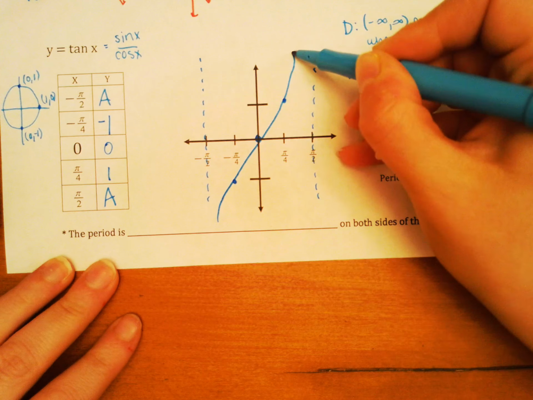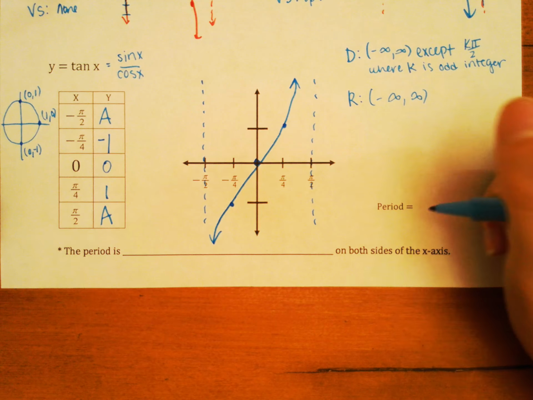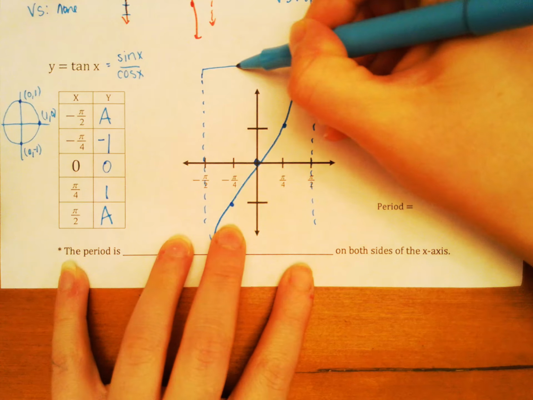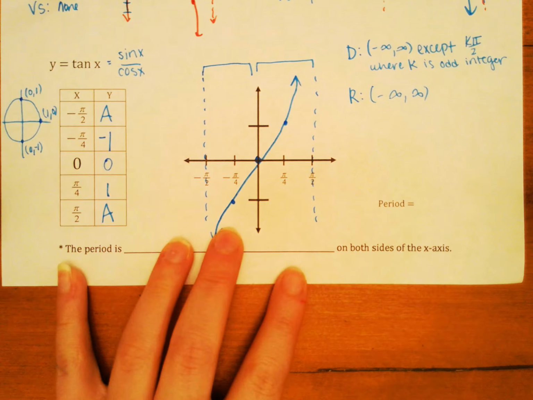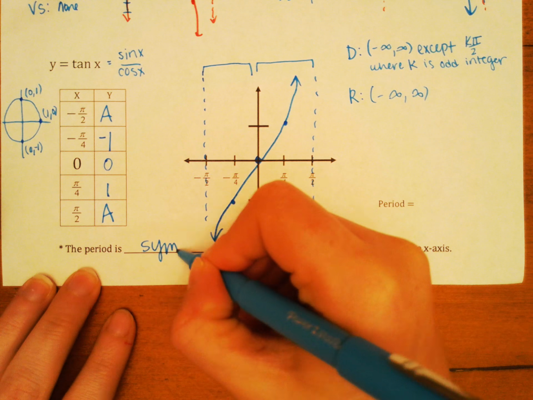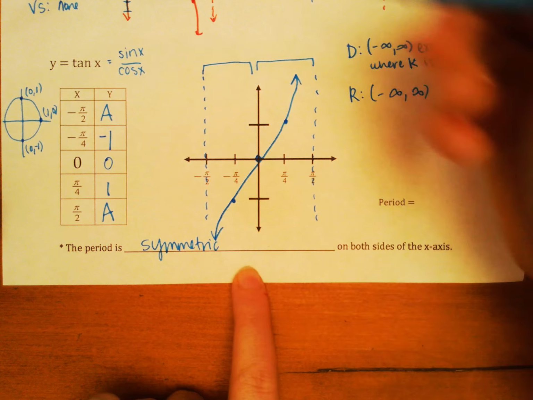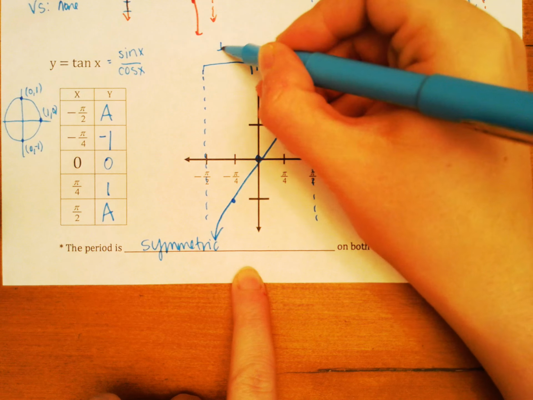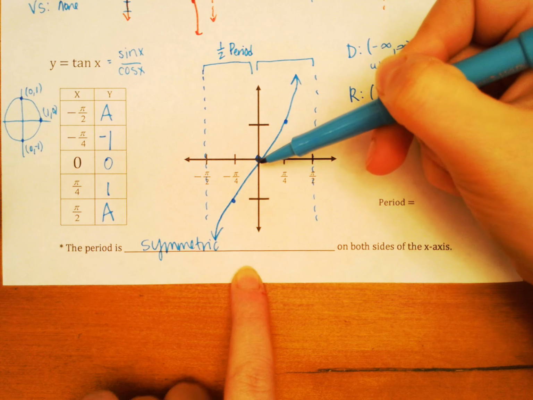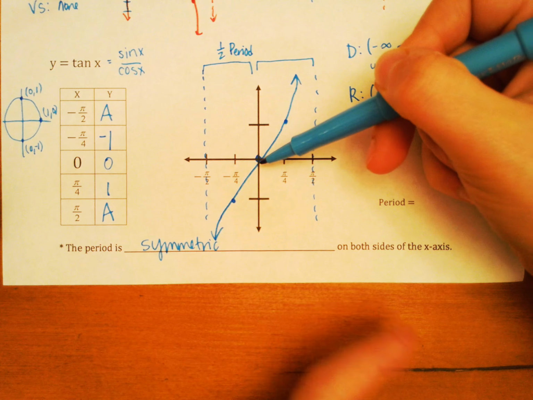So again, it looks like this S shape. And again, our period is actually a complete pi. We just have, and this is kind of important, tangent is actually symmetric on both sides of the x-axis. So half of our period is to the left of our starting value, and our starting value is usually 0, but if a phase shift happens, like if I have